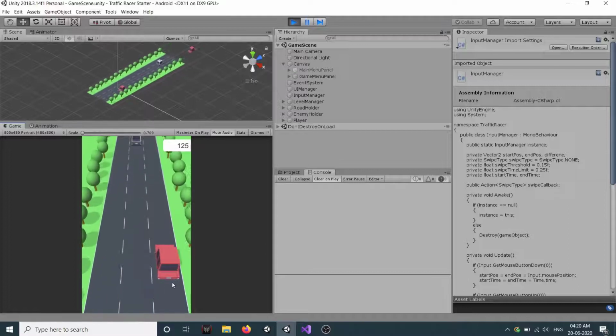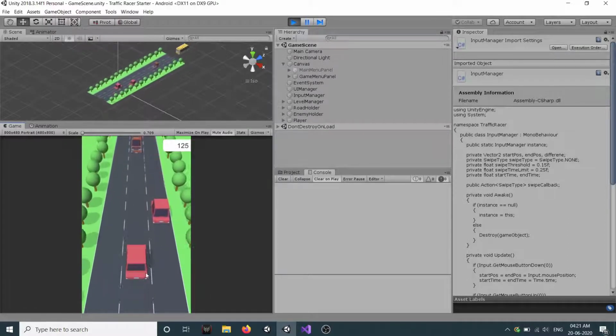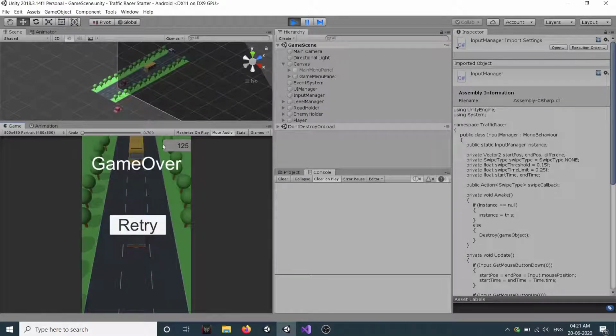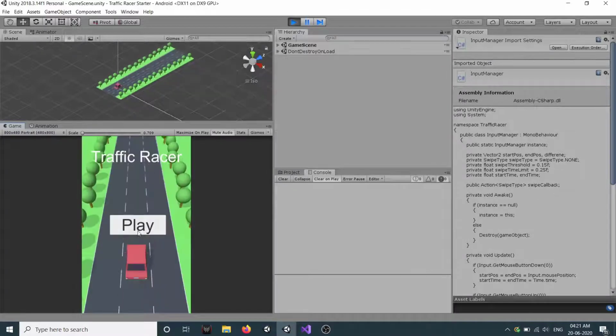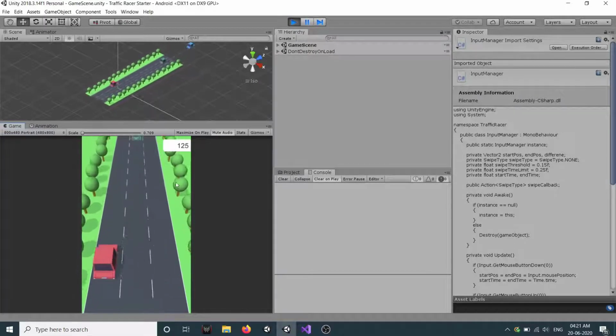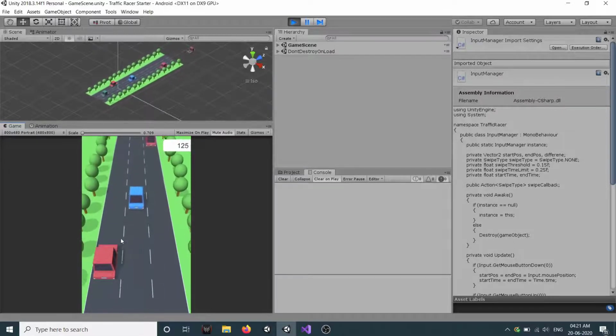Okay, so as you can see here, guys, we are able to move our player. Our enemies are also spawning, and let's see our game over. Okay, you see, so if we collide with any enemy, we show our game over panel, and if I click on retry, our game restarts. I can play again.